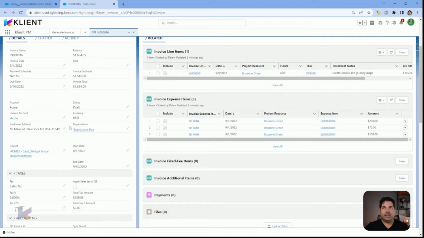We set up the brainstorm box to be the organization from which you are invoicing, because if you remember well, you could have more than one organization in your client instance. In this case, we invoiced from the brainstorm box, so it pulled some default information on the invoice, such as